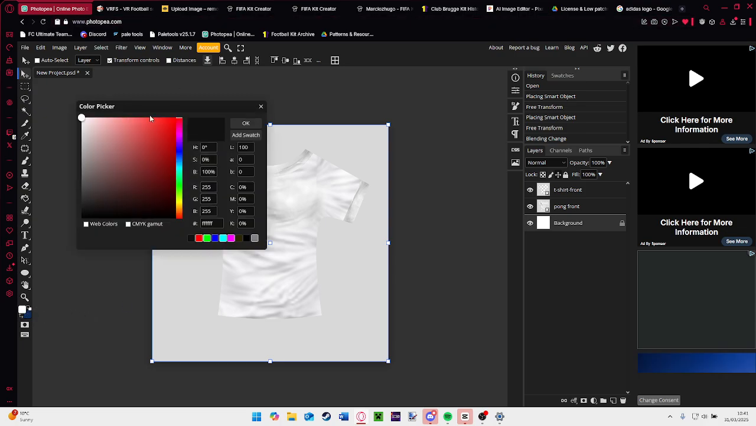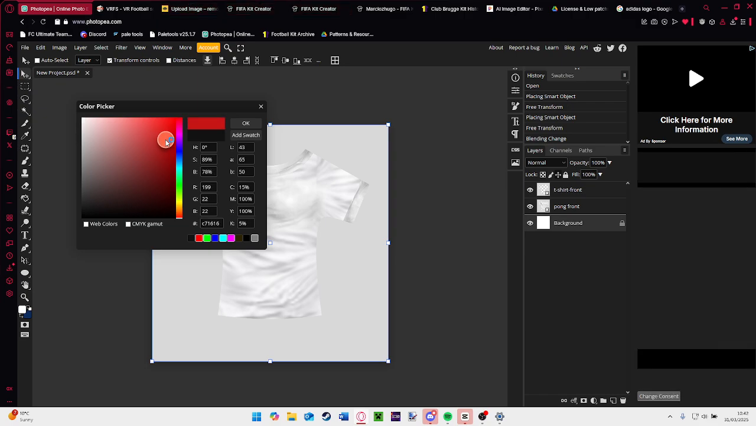So let's say instead of white, I wanted to make a Man United kit. I would grab maybe like a nice red. And what I would do is I go to